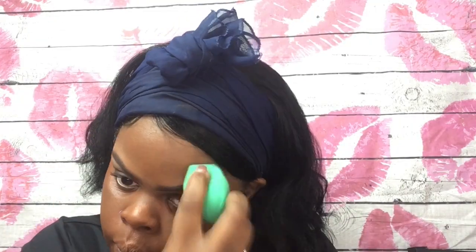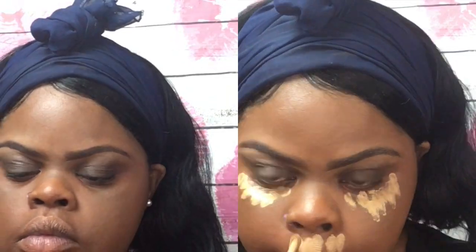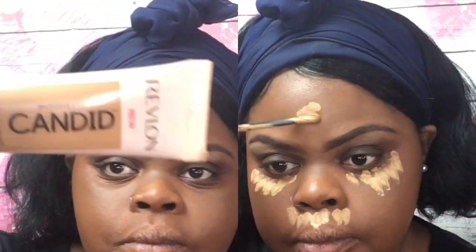Okay, as you guys can see, it is blending out very well. I think this was a good idea to blend out this MAC liquid foundation because I'm not really used to using liquid foundations, so that's why I'm just trying this damp beauty blender thing. But yeah, it worked. Moving right along, right here, as you can see, I'm applying the Candid Concealer by Revlon